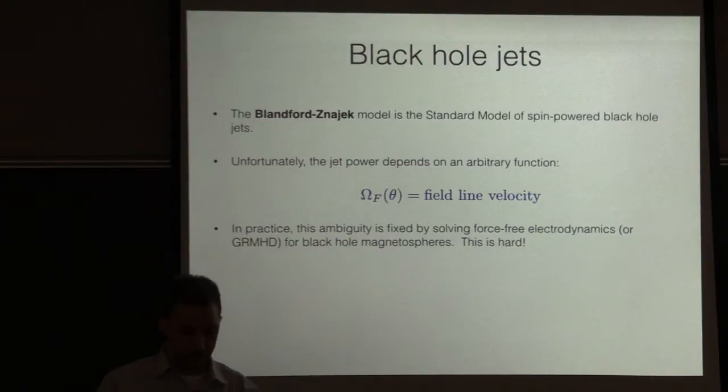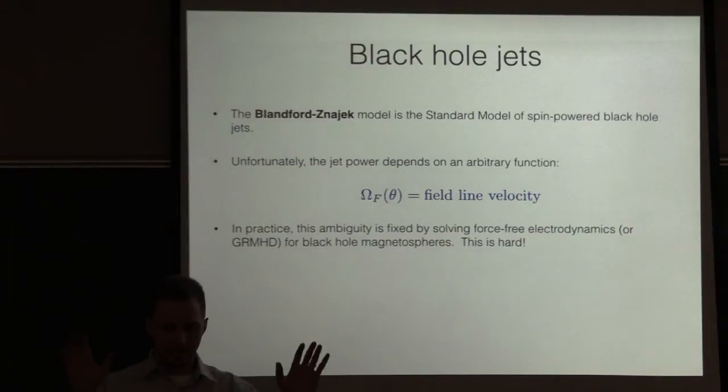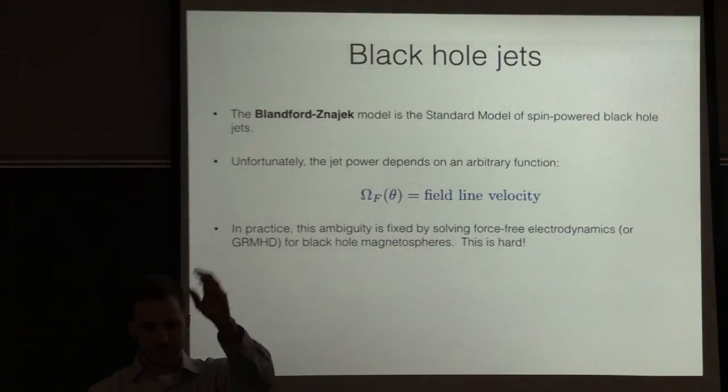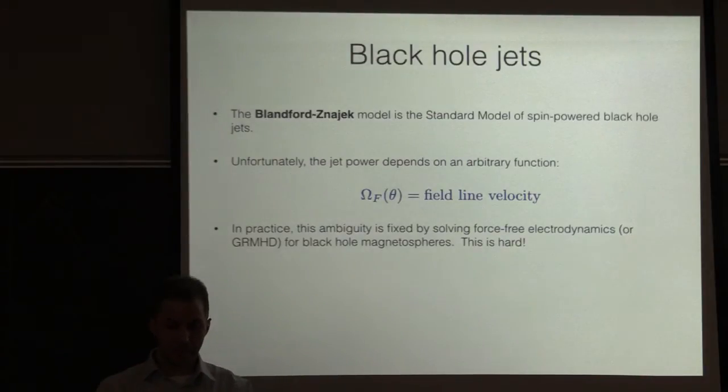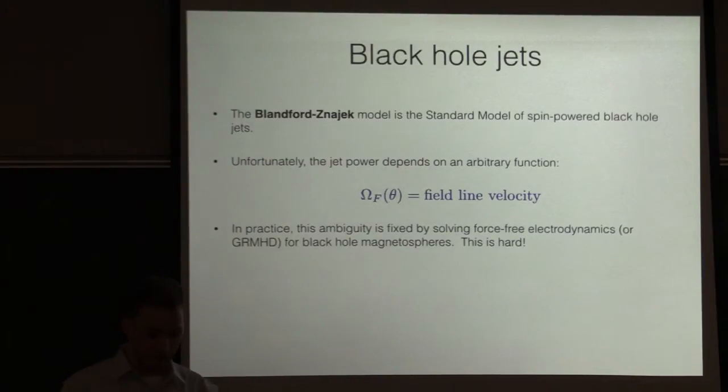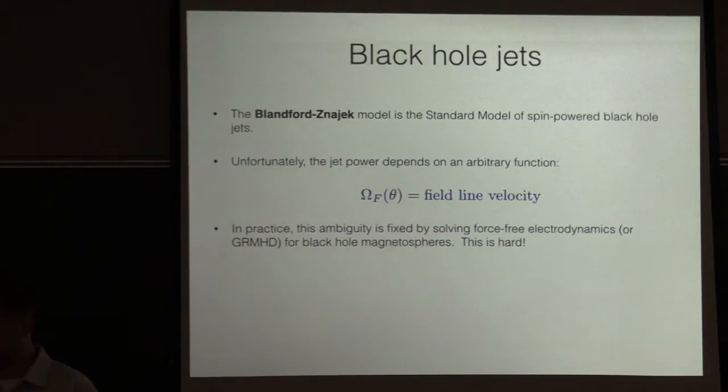And so what you do in these simulations is you have an accretion disk accreting onto a black hole, and it's bringing in magnetic fields, and the black hole is becoming magnetized, and you just sit back and let the whole system relax. It forms jets spontaneously, these Blandford-Znajek-like jets. And then when the simulation has reached its equilibrium, you just go in and look at the data, and you can just measure what omega f is. And you can repeat this over and over for different initial conditions, for different black hole spins, etc. And so I've done a series of these experiments, and other people have looked at it in similar ways.